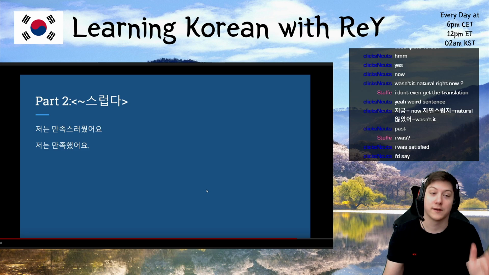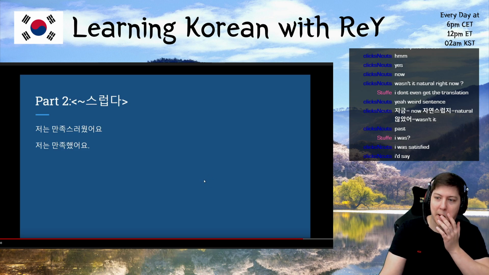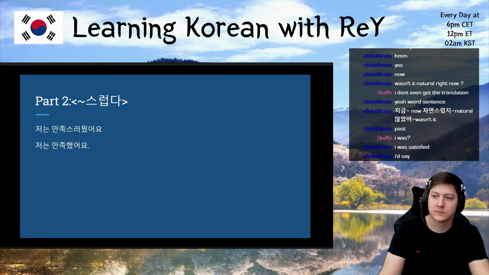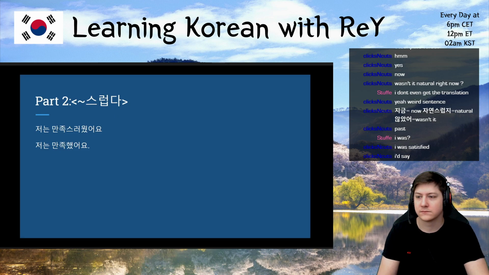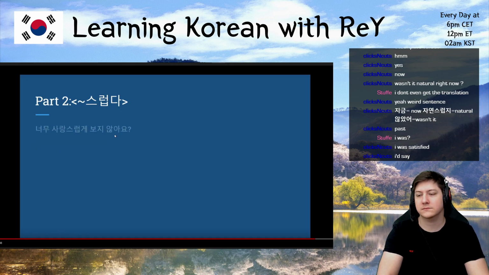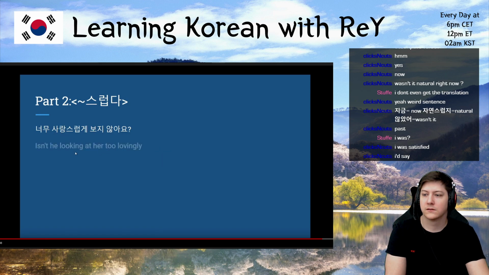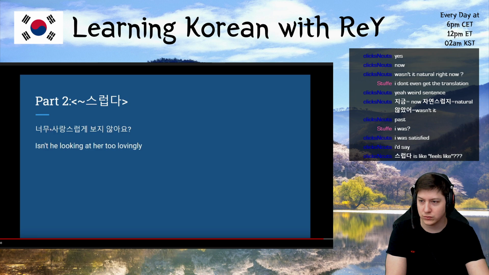The key takeaway from all this is that sometimes verbs with 스럽다 can end up conveying the same thing as if they didn't have 스럽다 attached to them. Let's look at two quick examples using the adverb form of 스럽다. 너무 사랑스럽게 보지 않았어요. Isn't he looking at her too lovingly? 너무, too, 사랑, love, 사랑스럽게, lovingly,